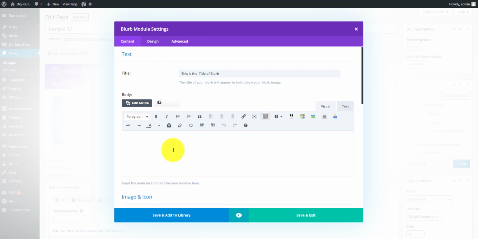For example, let's take an example of a blurb where I am a software company and I provide development on C, C++, Java, Oracle and many other platforms. So I can mention the names of the platforms on which I provide services, or any of my USP, and that can be represented from here. So let's consider I've written this is the title of the blurb, and out here I'll write this is the